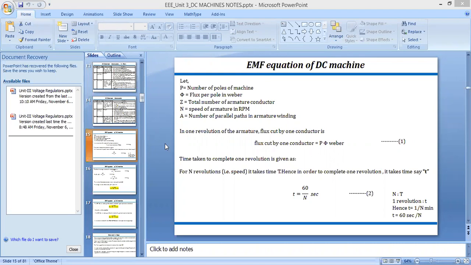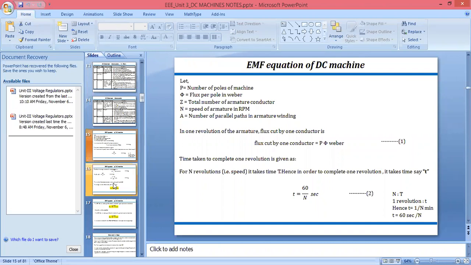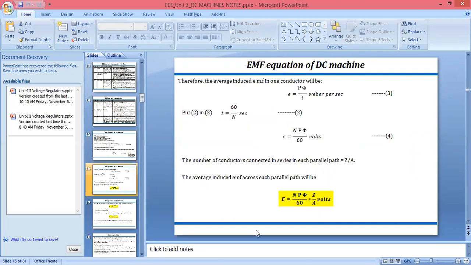So we will get the EMF equation by using Faraday's law. If you calculate the EMF, it will be the ratio of flux with respect to time, because Faraday's law gives the interconnection between electrical and mechanical energy. Faraday's law states that an EMF gets induced in a conductor which is exposed to a magnetic field. It means that